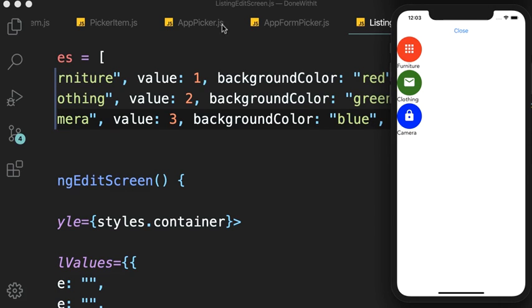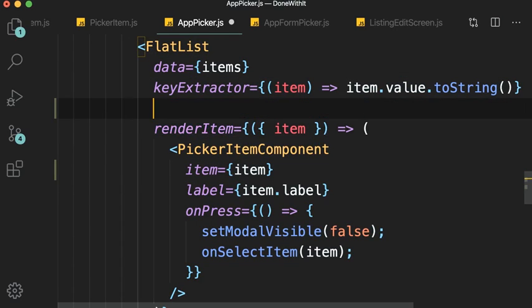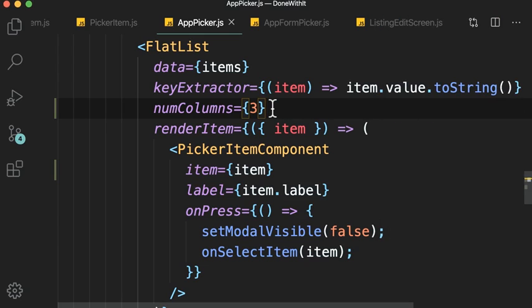Well, we go to our app picker component. This flat list has a prop we haven't talked about. It's called num columns. Let's set it to 3 and see what happens. So now we have 3 columns, but we don't want to hardcode 3 here because this only makes sense for